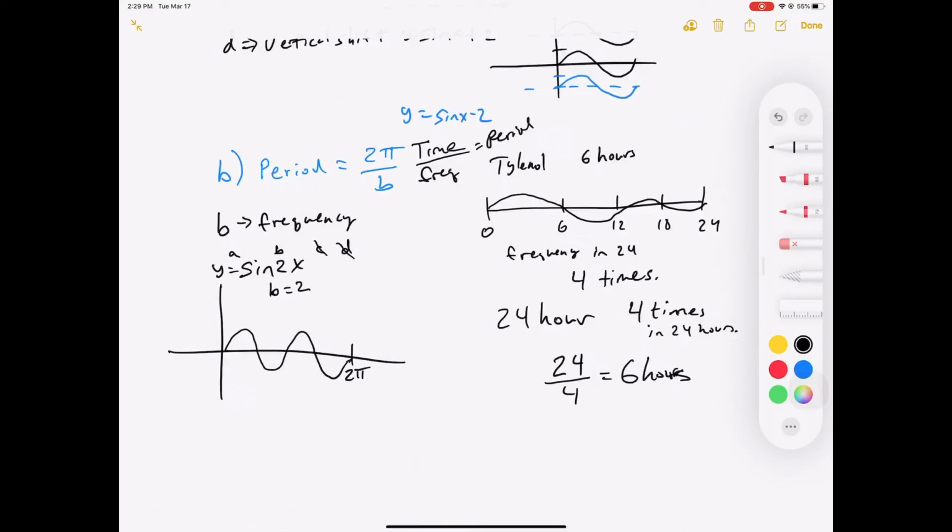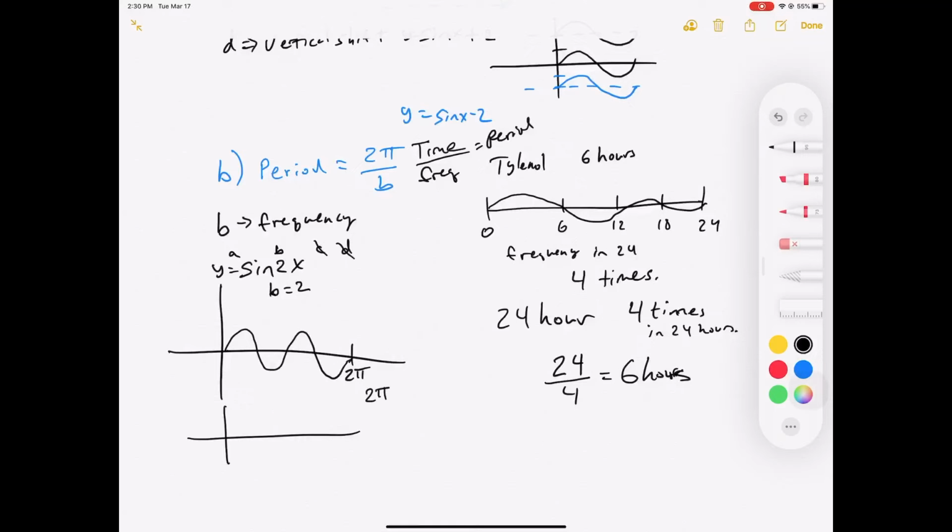If your doctor told you, take this medicine 8 times a day, what does that mean? 8 times. Do you think it's easier for you just to manage 8 times, or is it easier for your doctor to tell you, take it every 3 hours? So I think when it comes to us graphing, period is actually more useful because it tells us the length,